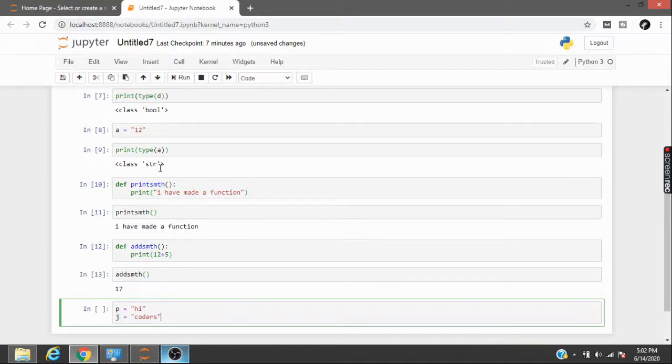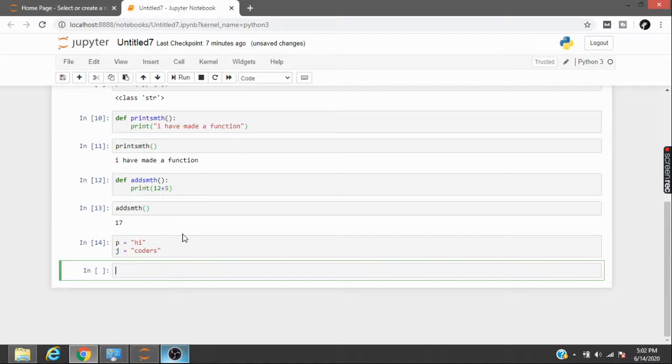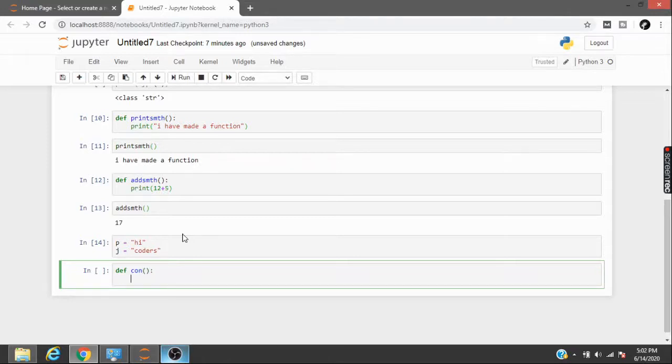and then I'll register the variables, and then write a function called con, bracket open, bracket close, and then print p, space, I'll put a plus sign here, which right now will act as a concatenate.